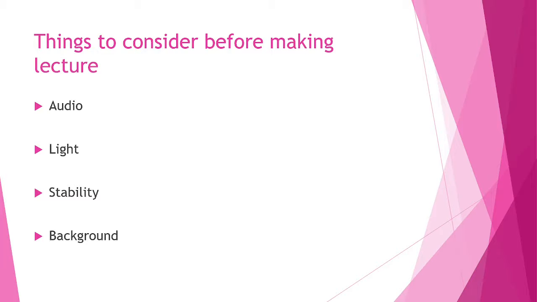The next thing is lighting conditions. Lighting conditions actually play a very important role when you are recording yourself with some board. Next, stability is also important. The video should not be that shaky. And when we are recording ourselves, the background plays an important role. The suggested backgrounds are of a green color, red or blue, and not the light green, the dark green, and the other two colors as well, dark.